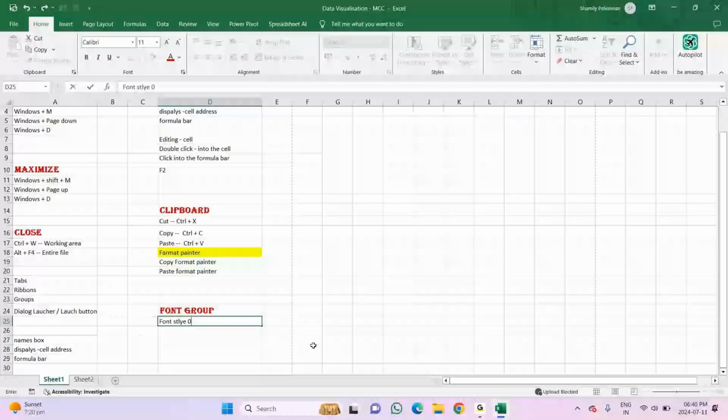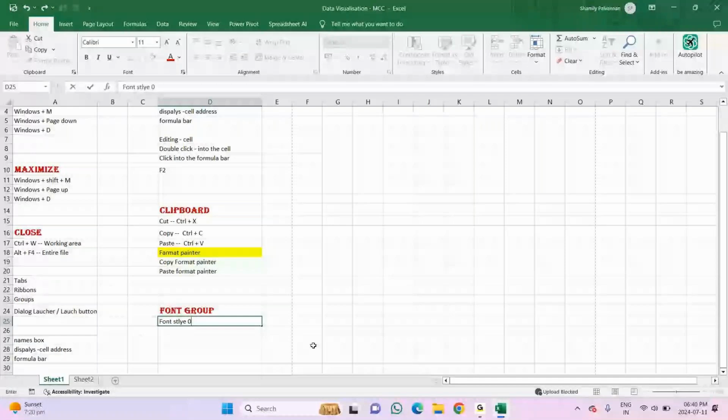Yes, see, suppose I want to increase the size, I have an option here, 8, and here 72. You can click on this plus, and there is another option to reduce the font size. As many times you increase, it will stop at 72. If you decrease, it will stop at 8. It will not move further. Whether you increase or decrease, it will not go beyond that.